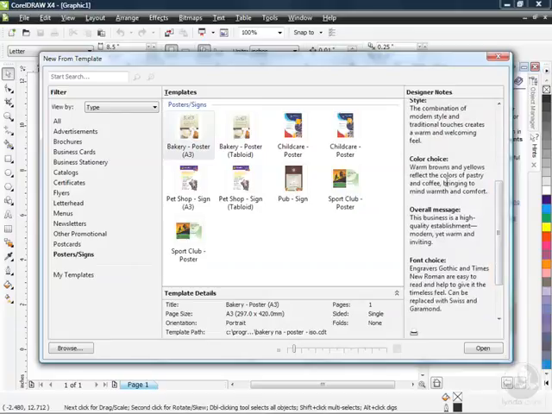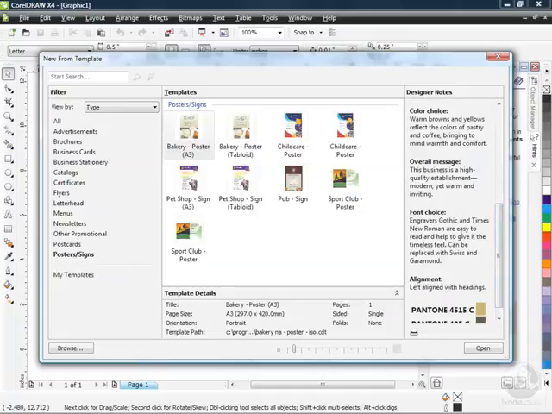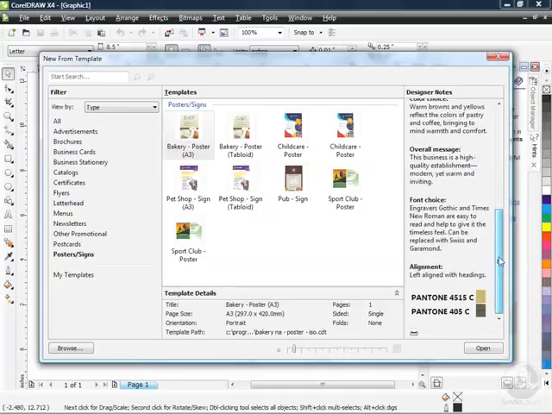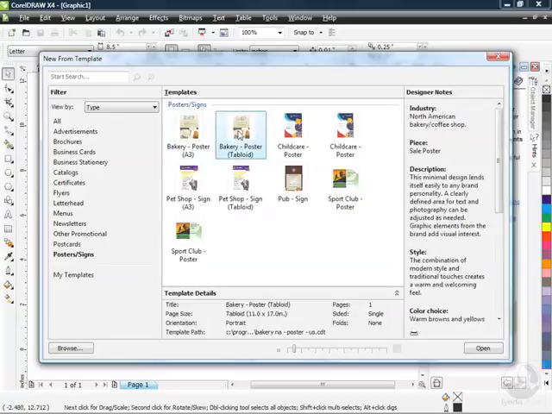color choices are selected for you, browns and yellows in this case. The overall message is it's a high quality establishment, modern yet warm and inviting. And you can see the font choices that are used down here and why. Alignment, and look at those two colors down below. They kind of go with each other to give you that feeling that you're after with a poster representing a bakery in this case. You can also choose the tabloid version, and when you click on that, you'll see additional